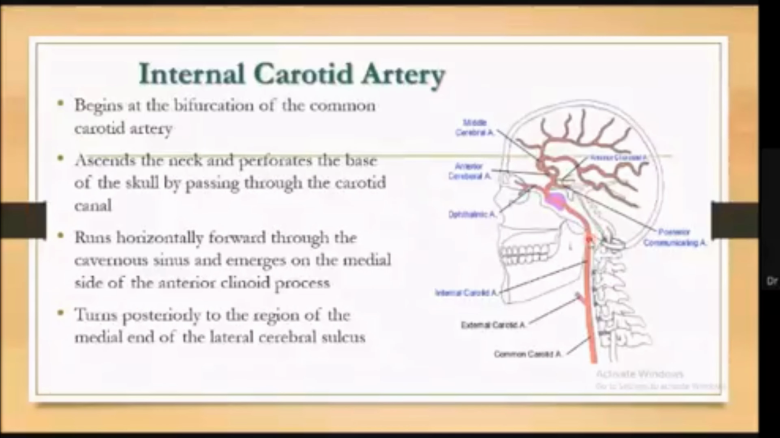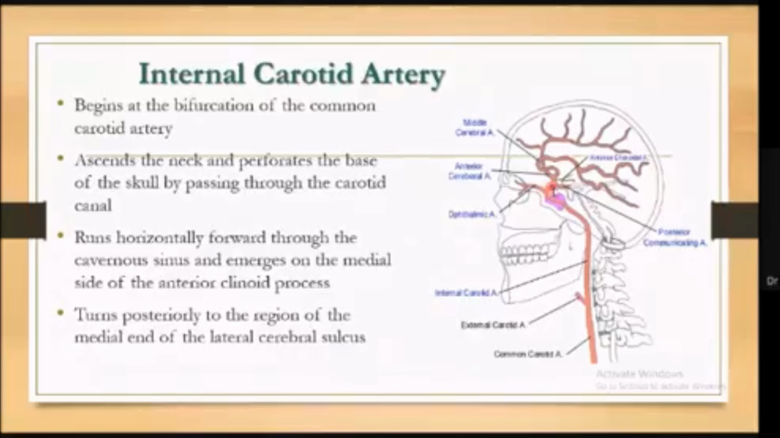So after entering from the carotid canal into the cranial cavity, it runs upward and forward towards the cavernous sinus. Here we are having the cavernous sinus. So this is the direction of the artery, and then it is running towards the cavernous sinus, emerging from the cavernous sinus at the medial end of the anterior clinoid processes. At the base of the skull in the sella turcica, we are having the anterior, middle, and the posterior clinoid processes. So it is emerging from the medial portion of the anterior clinoid processes, and then it is going upward